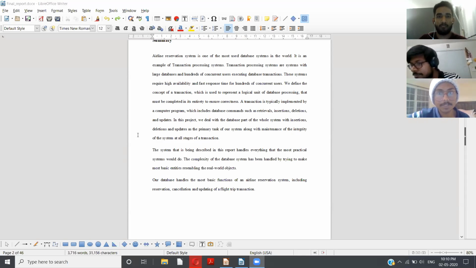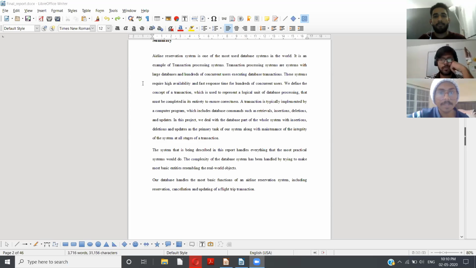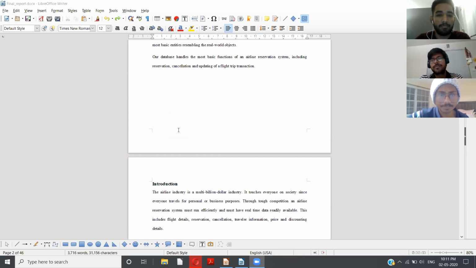A transaction processing system is a system where the database hosts a large amount of data and also a concurrent number of users. The users submit queries to include data, edit data, or delete data. This system, when paired with a use case like the airline reservation system, can be used for several different purposes, such as booking an airline ticket, deleting a ticket, or modifying a ticket.